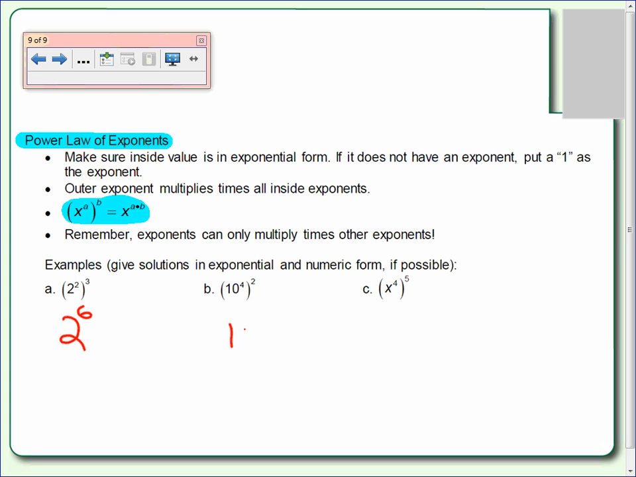For B, keep the 10. Multiply those two exponents. 4 times 2 is 8. Same thing over here. Keep the base. Multiply the two exponents. 4 times 5 is 20. That's all this law says. The power law of exponents says if you have those two exponents, you're going to multiply them together. All right, that takes care of all of our rules. Now what I need